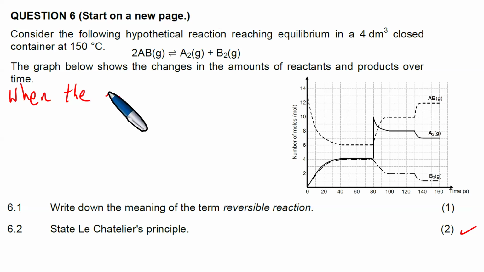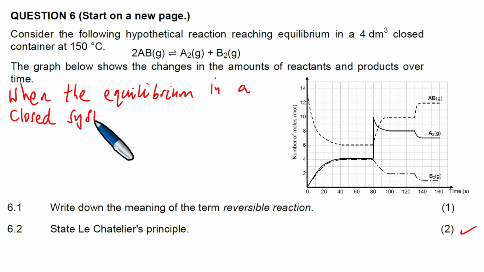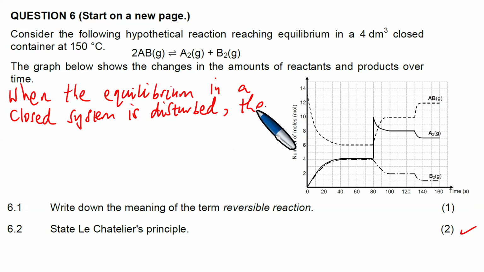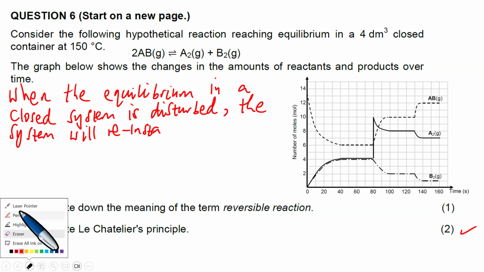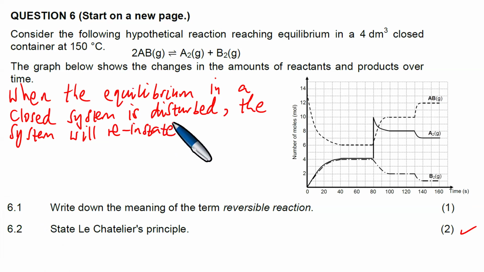When the equilibrium in a closed system is disturbed, the system will reinstate a new equilibrium by favoring the reaction that will